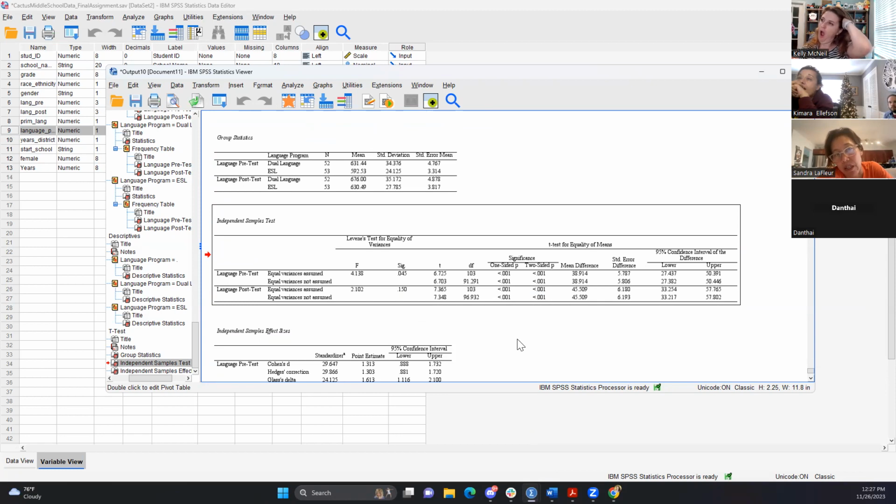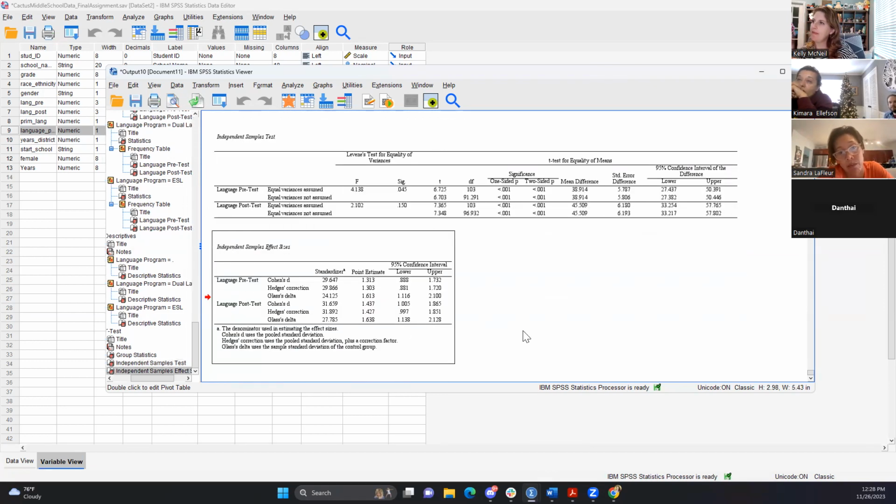So your t statistic is 6.725. P is less than 0.001. That's probably the one that, if you also wanted to look at the effect size, that's the Cohen's d down there. 1.3, 1.4. I think that's really strong. That's all I know.